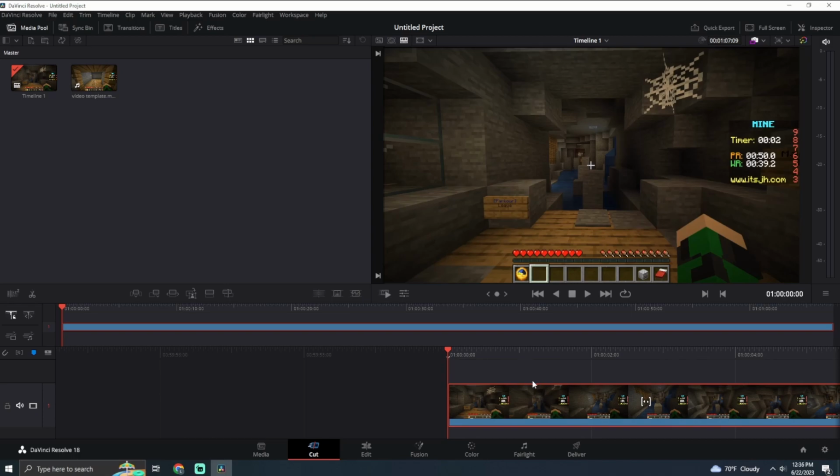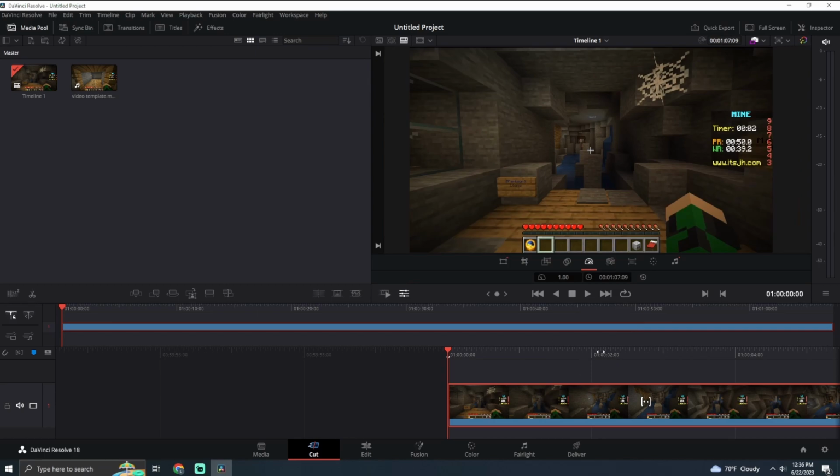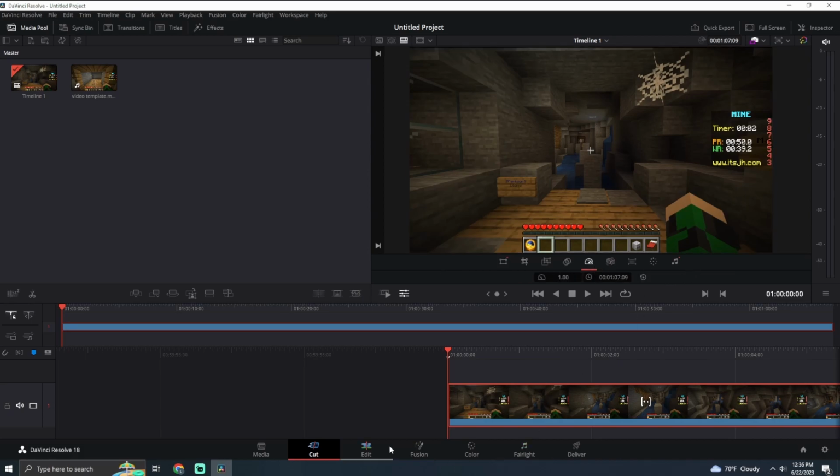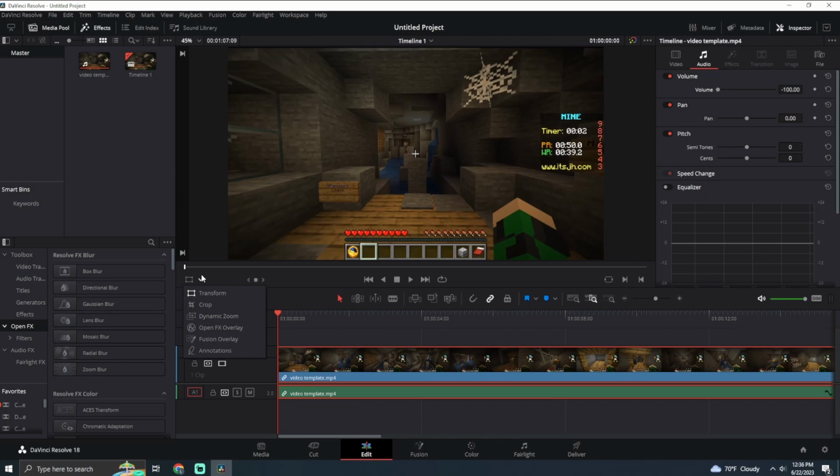Now this is actually very simple, very easy. You don't have to go to a different tab, just stay in the cut tab and then right click the video or the clip you want to do, and then it says change speed. Once you go to change speed, it will open up this little menu thing. Not necessarily sure what it is, but a lot of things. I think you can do it in the edit mode too,